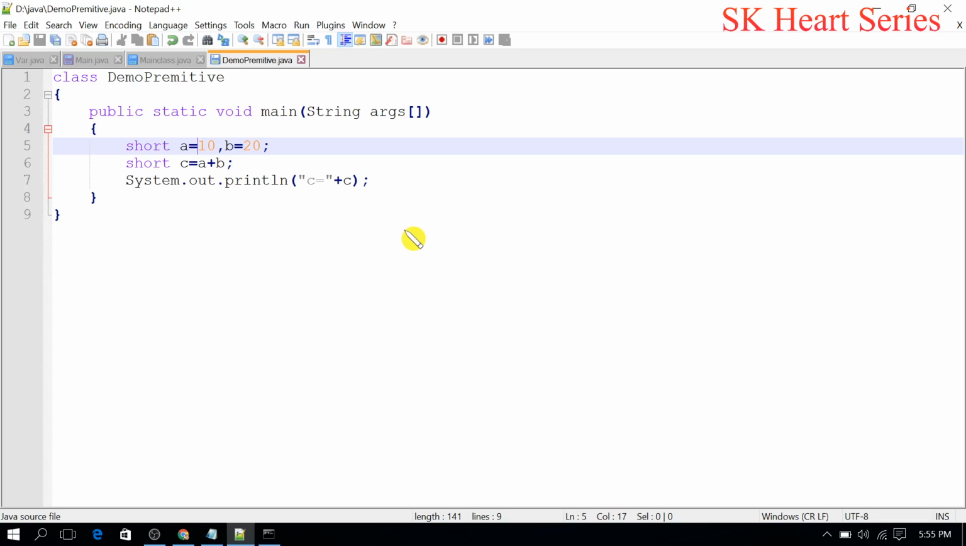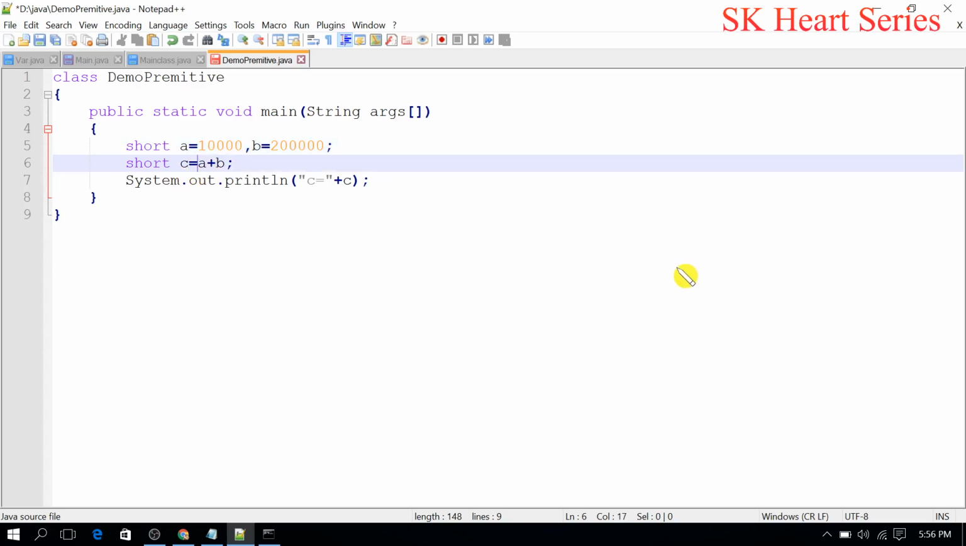You can give here 100,000, 10,000, and here 20,000. It crosses the limit of the range of short. That's why it doesn't take a risk. You can see, I will convert that a plus b to short when I convert it,